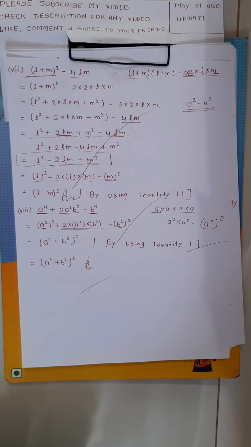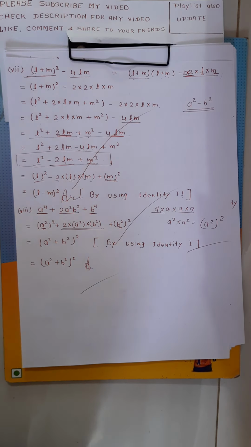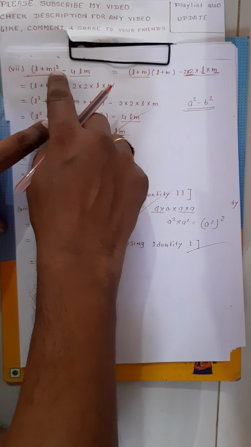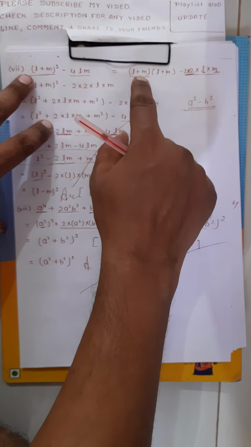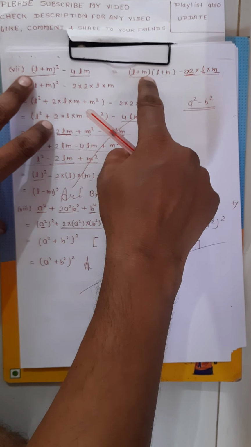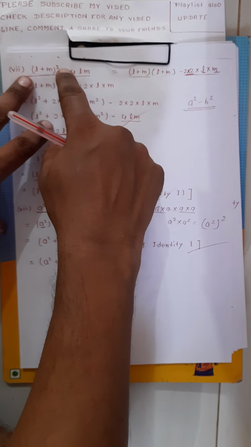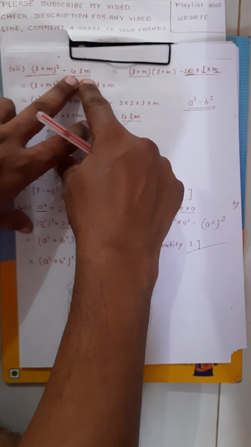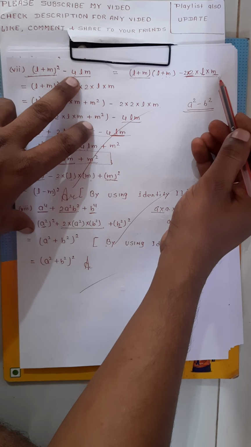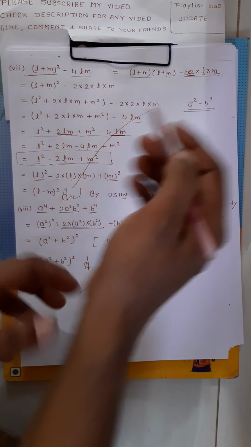Okay, so first we will check whether we can take out a common factor or not. For the whole square of (l plus m), our value becomes (l plus m) multiplied by (l plus m), because there is a square here. And for the 4lm, our value becomes 2 into 2 into l into m. Now check whether we can take out any common factor from both terms.